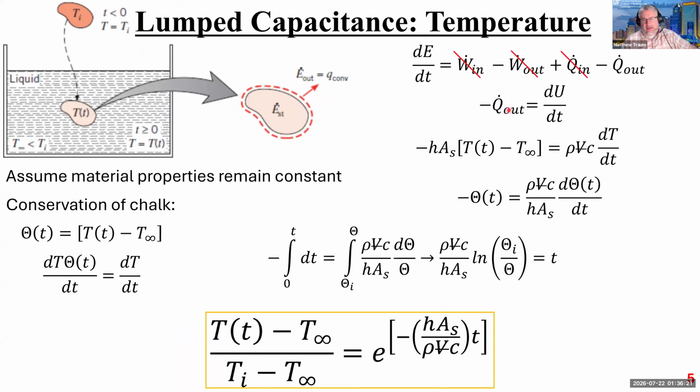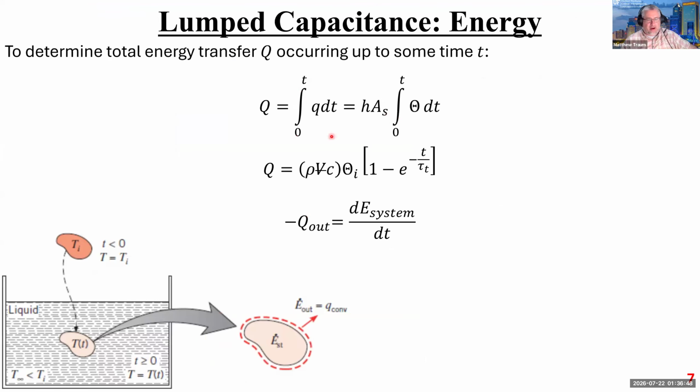I'm looking at this expression and remembering that Q dot in minus Q dot out is equal to dE/dt. If I take dE/dt and multiply by the elapsed time for the quenching process, what I'm left with is just the energy. So I basically want to take Q and integrate it, and that gives me E, which is what I'm doing here. So here I've got Q dt, and then I've got Newton's law of cooling on the other side, and I'm integrating this from